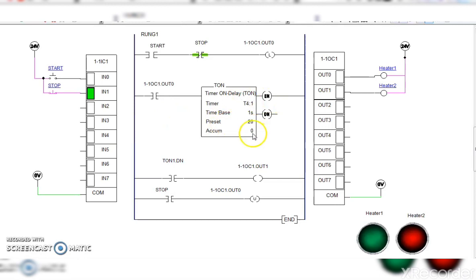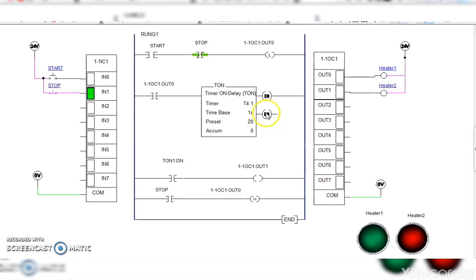When the accumulated value will be equal to the preset value of 20 seconds, at that time this done bit will get energized. Means the done bit gets energized after the preset value when this switch is given input.